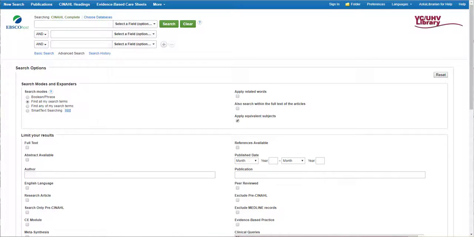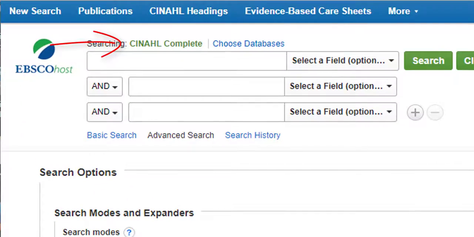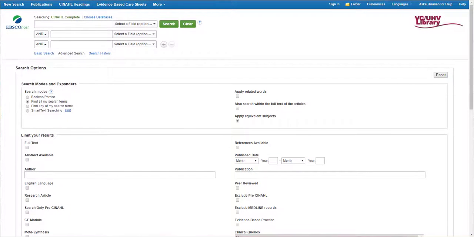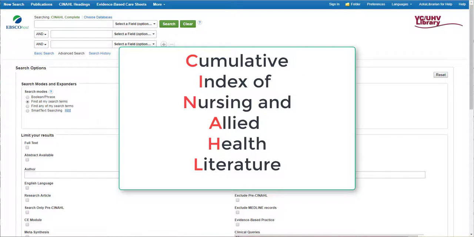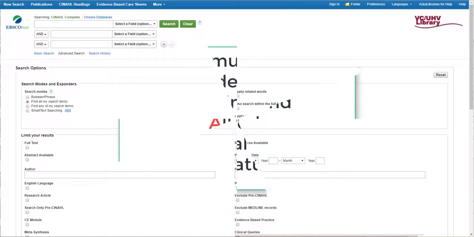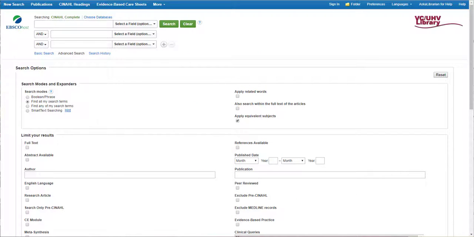This tutorial will show you how to effectively search Cinahl to find articles from nursing and allied health journals. Cinahl stands for Cumulative Index of Nursing and Allied Health Literature. We are looking at the advanced search page of Cinahl, which is the default page when you click into the